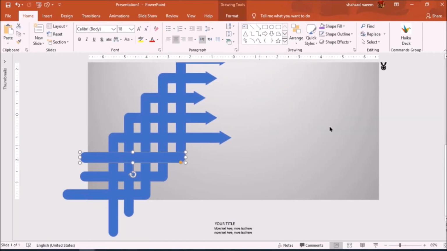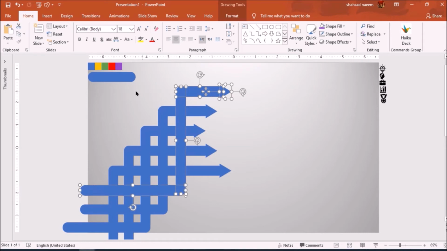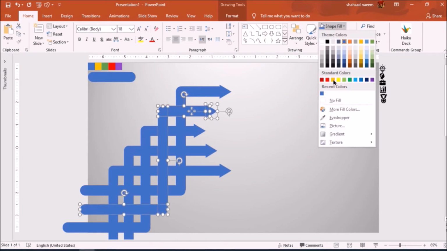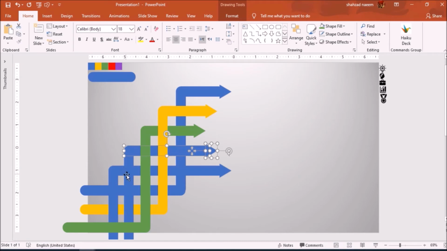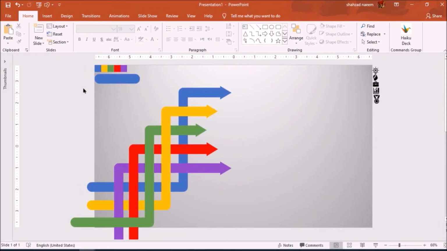if you notice that all of these arrows, the bottom part is outside of the slide, which is kind of okay. It will not be visible when you play your slide in full presentation mode. And let's fill the color in these arrows so we can differentiate and we can see. So we will fill different colors in each of the arrows. Great, so we have filled the colors in all of these, and let's remove this, we don't need it now,